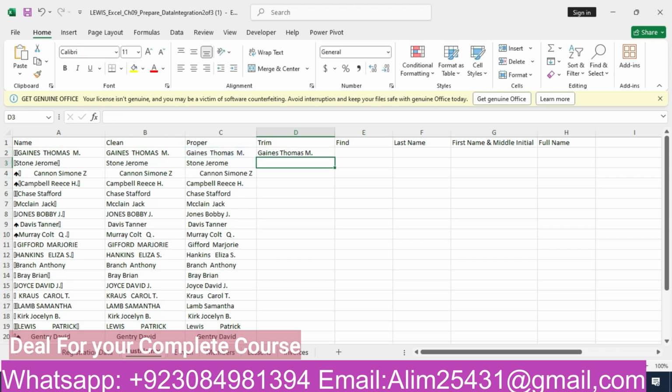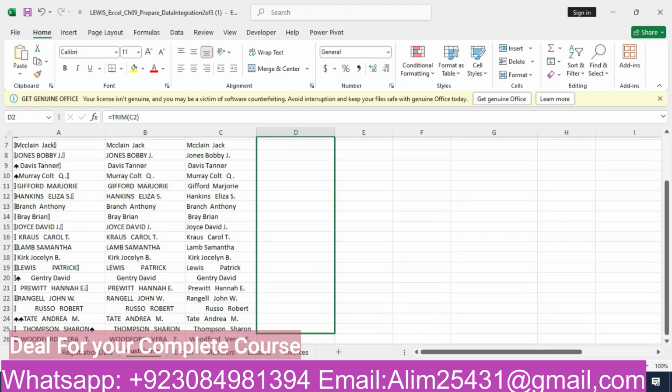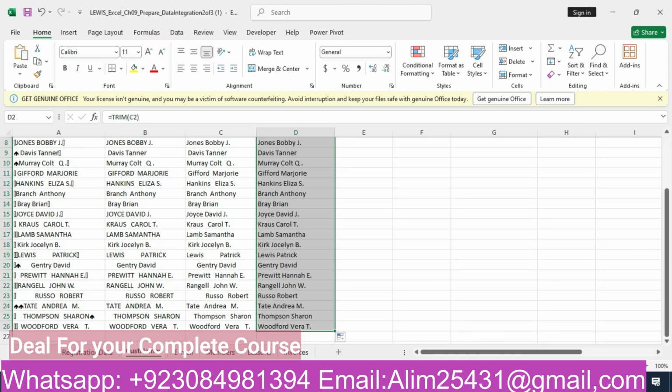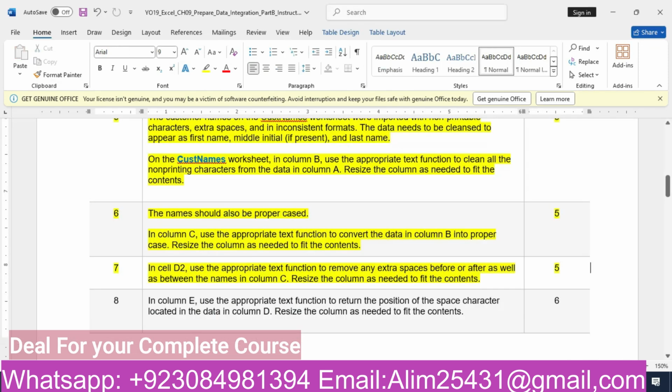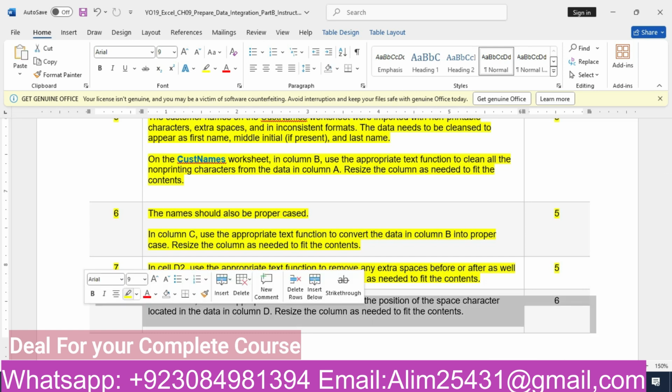So you see extra spaces are now removed. We need to copy this formula up to D26. So we have got our results. You see here we have a lot of space before this one, Gantry David, but in column D it's not given. Space removed. That's our seventh step. Our eighth step is